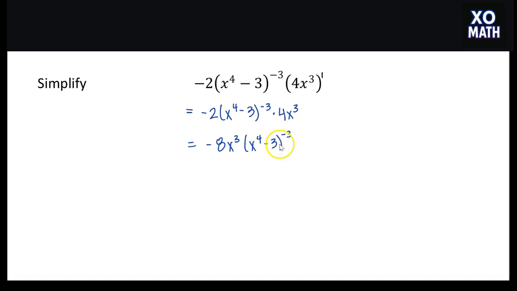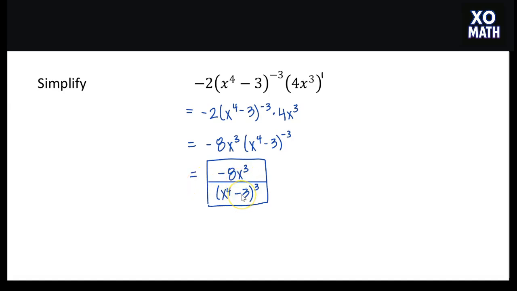And finally, I want to get rid of this factor that has a negative exponent and want it to be a positive exponent to be fully simplified. So this factor that's raised to the negative exponent is going to drop to the denominator. So -8x cubed will remain in the numerator, and then in the denominator I'll have x to the fourth minus 3, all now raised to the positive third power. Since it moved to the other side of the fraction bar, it becomes the opposite sign. And this negative that's being multiplied can stay in the numerator, or it can actually pop out to the front